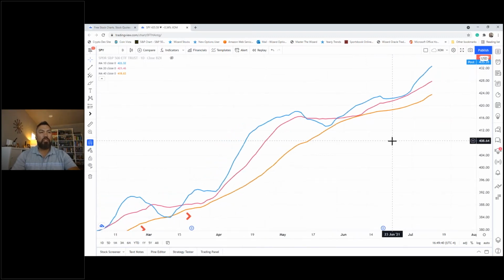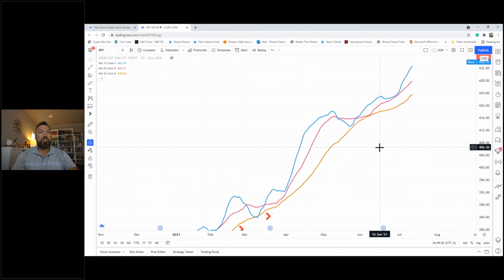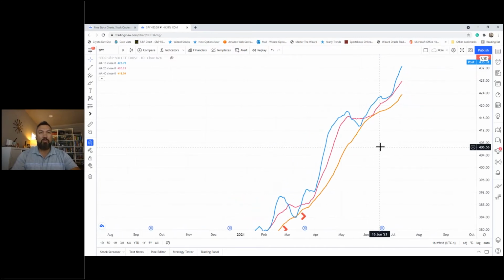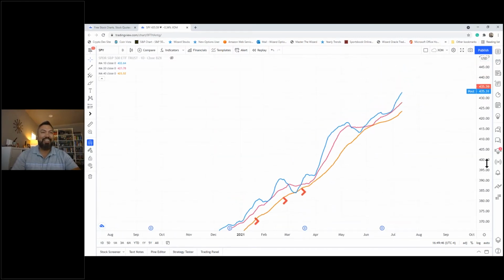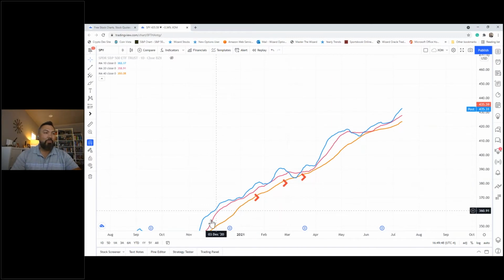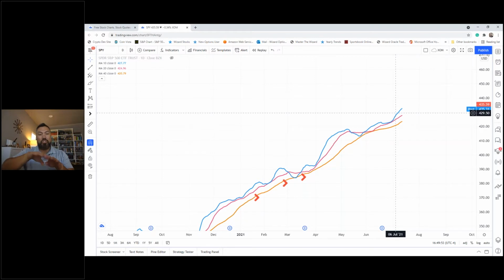If I compress this, you can see a lot of that, right? You see how there's a lot more squiggliness to the blue line than there is the orange line, right? These are simple moving averages. That's correct, TJ. Simple. The power of these simple averages is that I'm looking at them at 3 levels. So now we're combining the 10, the 20, and the 40 visually to understand trend.